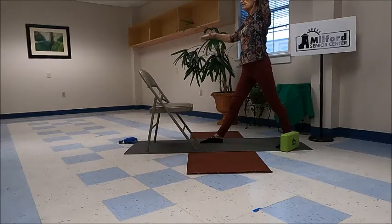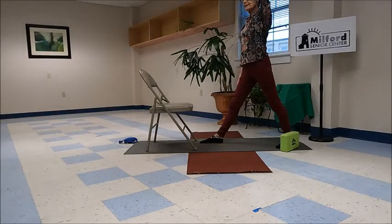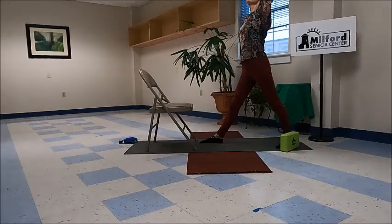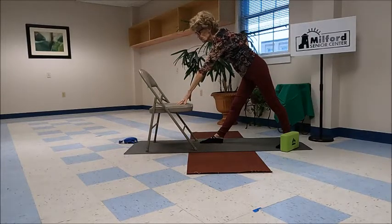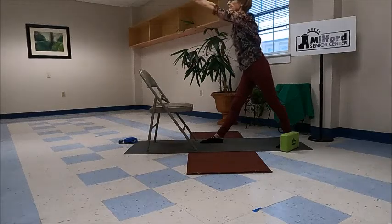And then whatever leg is forward, I'm going to bring that hand onto my hip. So it turns out that my right leg is forward, my right hand is on my hip. Left arm is up, lifting up, reach forward. Now again, you can use a block in front of you, you can use the chair, or you can use the floor, whatever works. Rise up again,